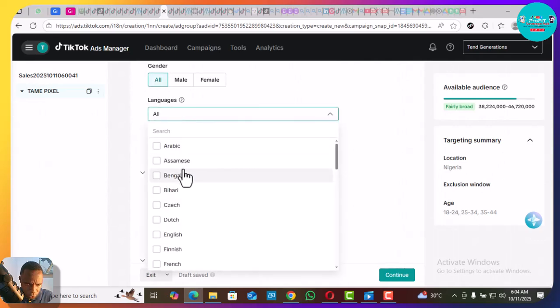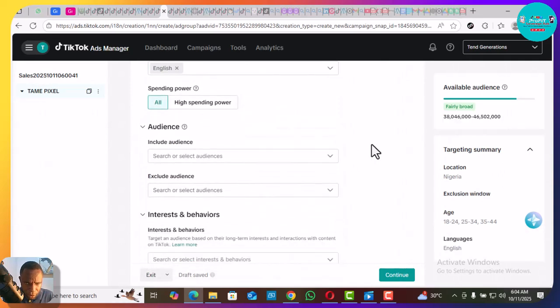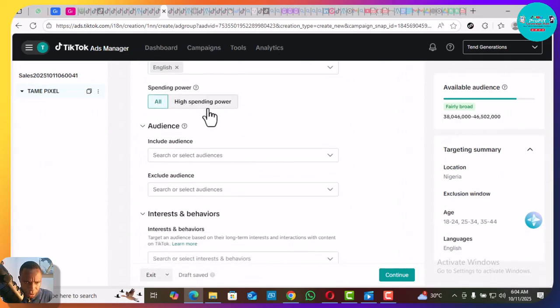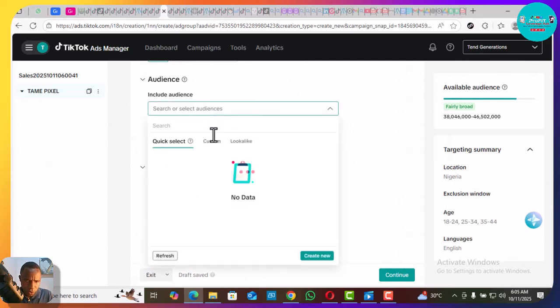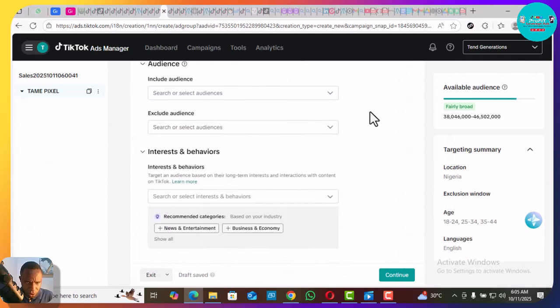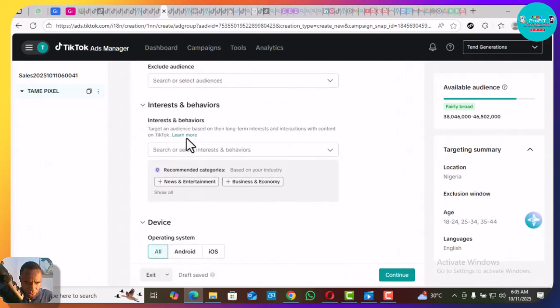Language, I will always want to select English. Okay, and no need for high spending power, right? Even though it would have been a good option to go with, I'm not sure this is optimized for now, right? With time, when we have conversion events, we can make use of this option. But for now, let's go on to interest targeting,